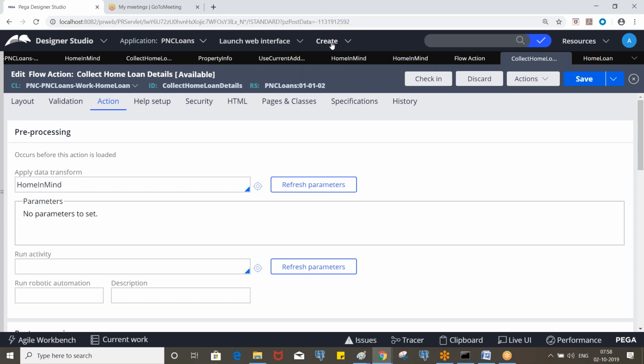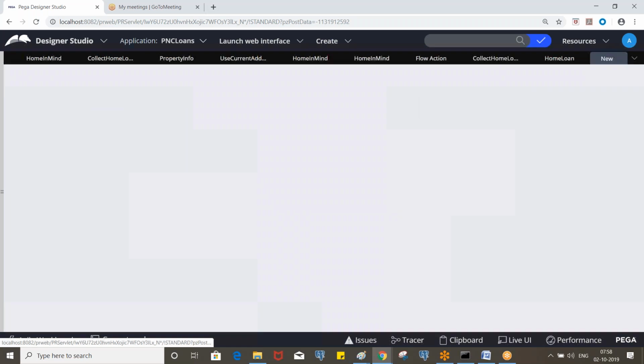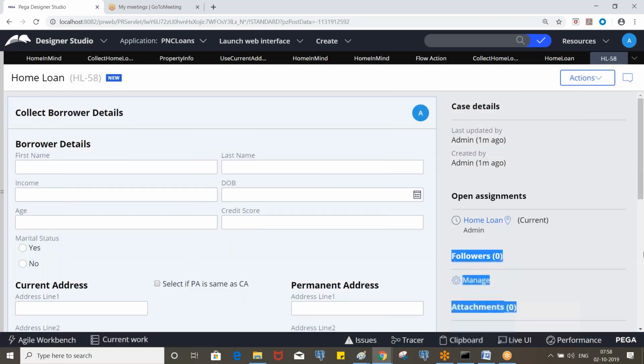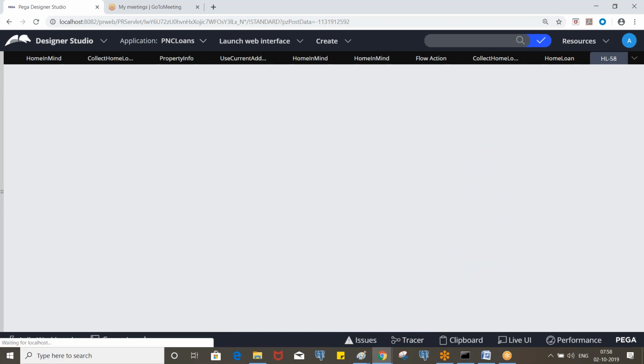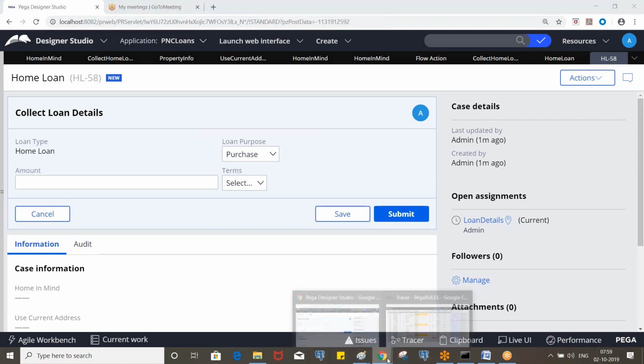Okay. So now let's execute. Here you must select either purchase or refinance. It is mandatory. Okay, let's say I'm selecting purchase. So what will be the value? Home in mind value? No, right? So now we can trace it.